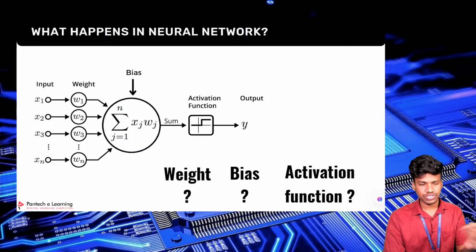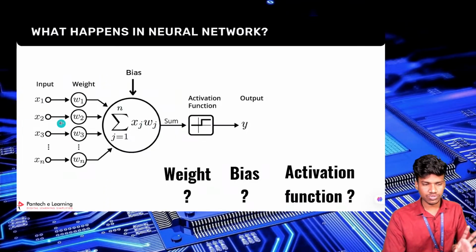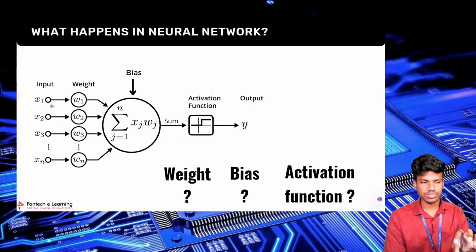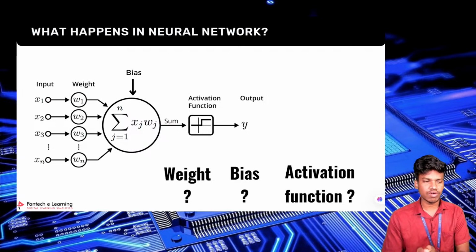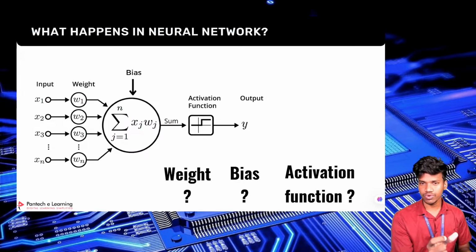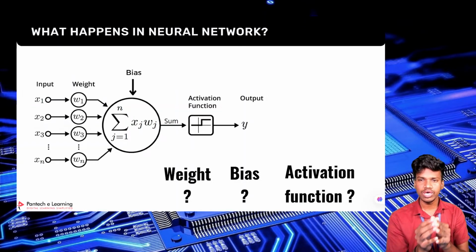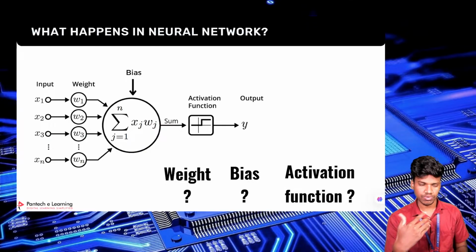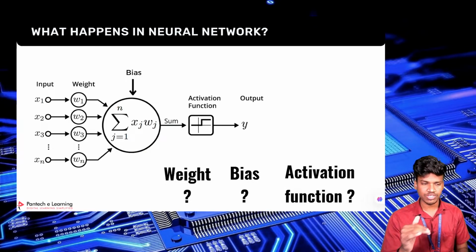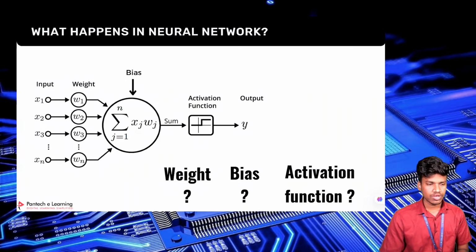So what happens in a neural network? We know about that. The input is placed on particular neurons, and the data will be stored in that neuron's value. Every neuron is passed into the first layer. The first layer will identify the weight value of each and every neuron. So x1 is one of the neurons, and that neuron has one kind of weight value. The second neuron also has a second weight, that is weight 2. The W represents the weight value. So both of these